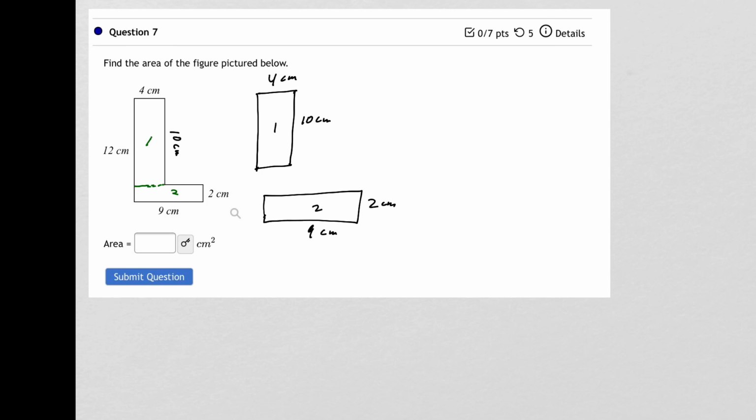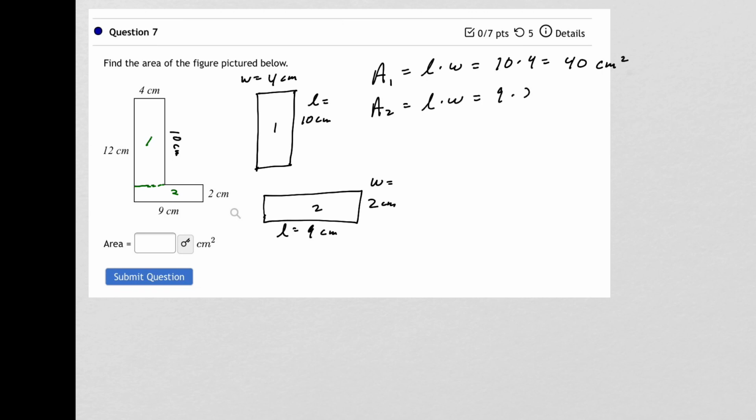So I can find the area of rectangle 1 by just doing length times width, right? Say this is the length, this is the width. In this case, this is the length, this is the width. Usually we call the longer side the length, but again, it doesn't really matter. So this would be 10 times 4, so that's going to be 40, and it's centimeters squared. And the area of the second rectangle is length times width, so that's going to be 9 times 2, which